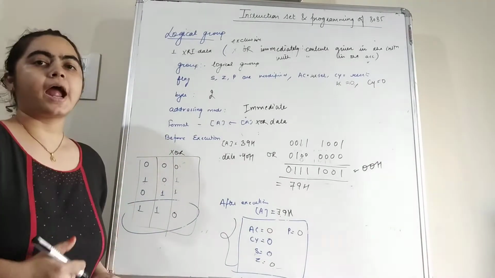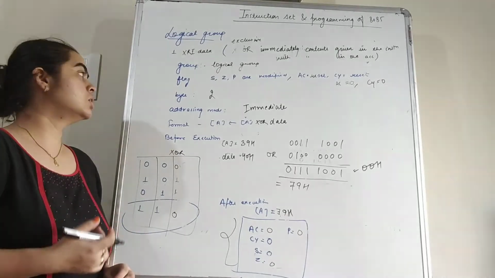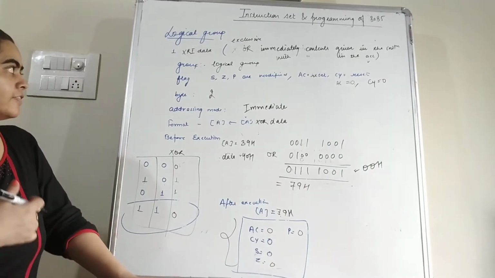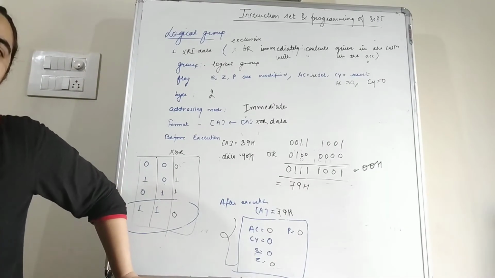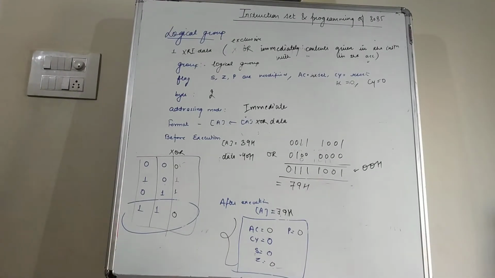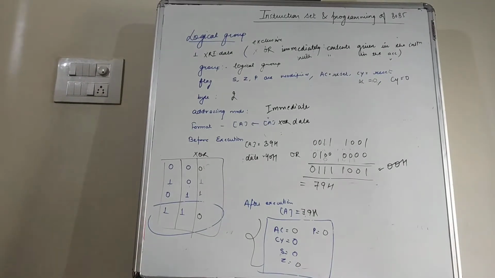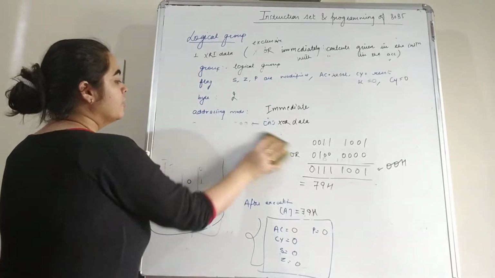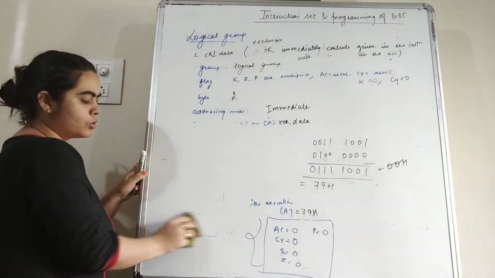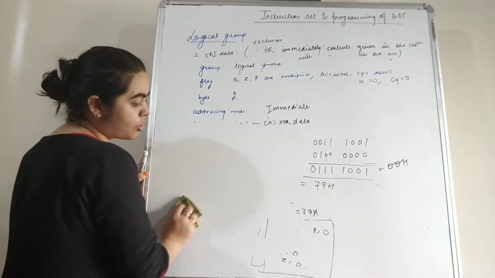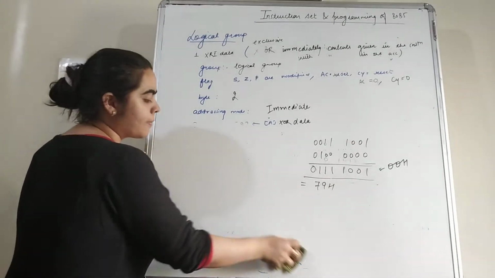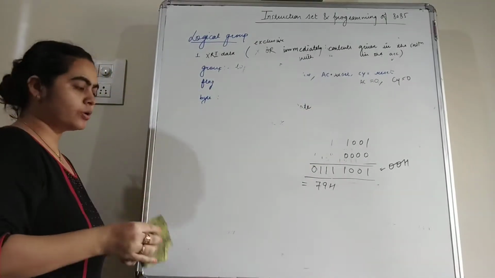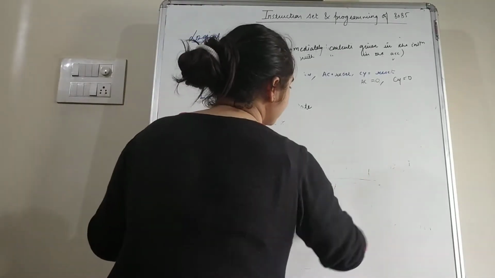So this is about the AND, OR and XOR of the contents with the register, with the memory location that is pointed to by the HL pair, and with the data that is present in the instruction itself. The next instruction we have is a comparison instruction. For comparison, we can compare the contents of the accumulator with the contents of a register, or with the memory location that is pointed to by the HL pair, or with the data that is present in the instruction directly.